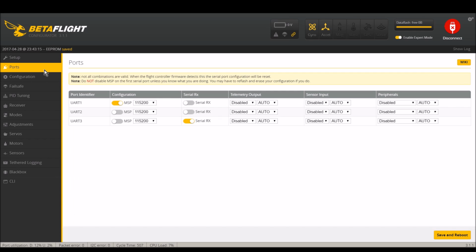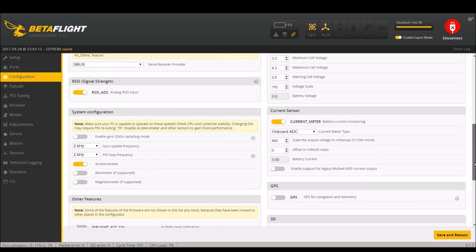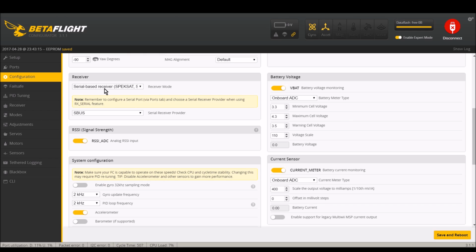So we're going to go to the ports page, and previously I had this quadcopter already set up with the FrSky X4R receiver, and I had it hooked up to my Tyrannus. So the serial RX is already set up on UART3, and that's the receiver cable that I use to connect to the receiver. So that is all set, and let's go to the config and slide on down, and what we're going to find is that the serial receiver is on S-bus from the previous receiver. So we're going to go ahead and change that to ibus and hit save and reboot,